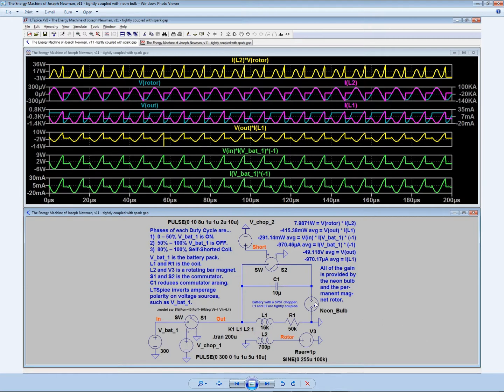So I added a neon bulb. Now, first of all, my prior circuit alteration by increasing the frequency to 100 kilohertz using a duty cycle of 10 microseconds was not a correction as I thought. It was simply faster. I simply multiplied the number of divisions on the commutator beyond the standard quantity of 20 divisions, 20 duty cycles per RPM, to a much higher figure, giving a much shorter duration of 10 microseconds as opposed to,